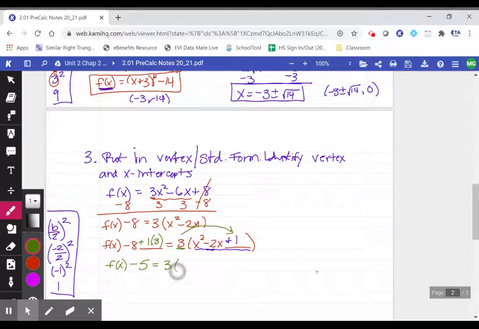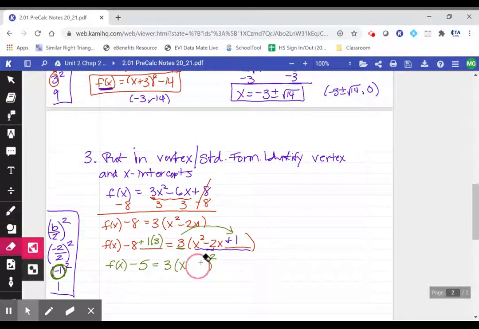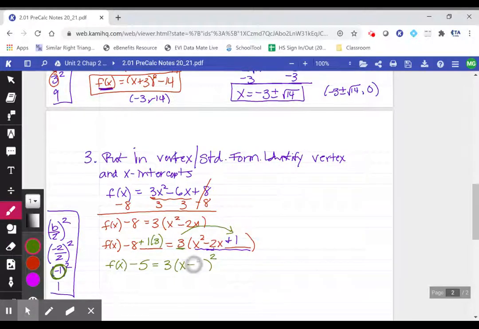And here we want to write x squared minus 2x plus 1 as a perfect squared binomial. So we have an x. We take whatever it was before we squared it, so a negative 1. Or you can think about it as you're just taking b over 2. So negative 2 divided by 2 is negative 1. And to get this into vertex form, I'm going to add this 5 over to the other side. And I get 3 times the quantity x minus 1 squared